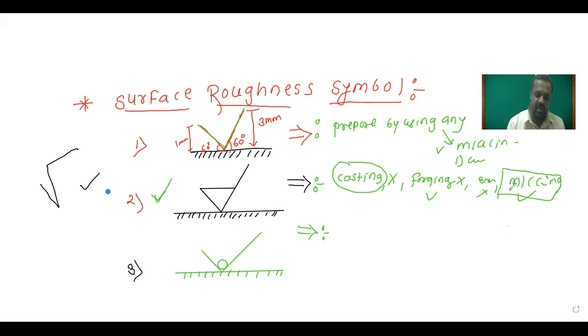Means we have to use drilling, facing, cutting, slotting, like this. Such types of manufacturing processes, such production methods, we have to use to prepare the component. This is the meaning of this symbol. Now see, the third symbol is